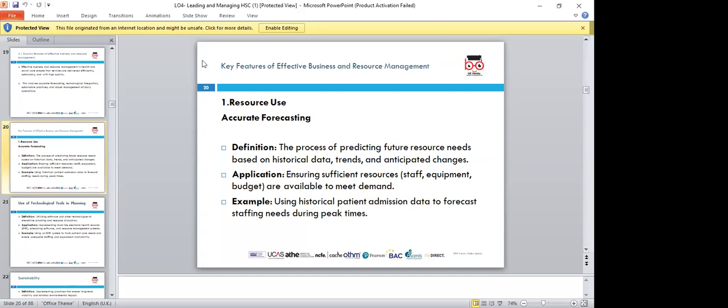Its application will be that you are ensuring sufficient resources, staff, equipment, and budgets are available to meet demands. An example is using historical patient admission data to forecast staff needs during peak times. So you look at the admission records and are able to forecast the staff needs, because of the number of patients that call at a particular ward,